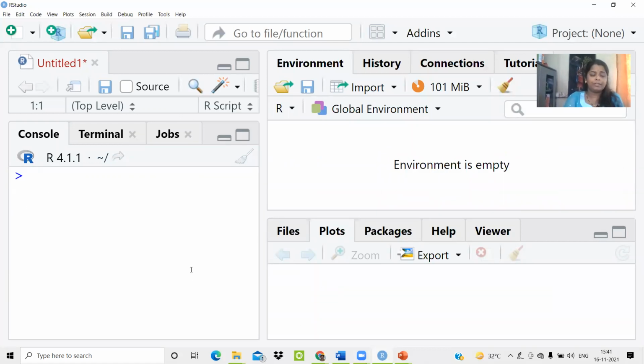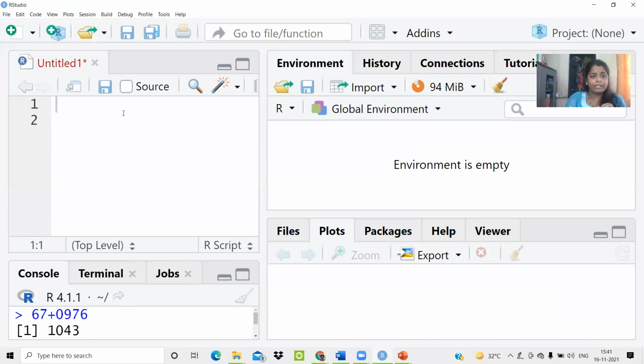So what's the use of the console? If you simply type any expression over here, you'll easily get its output. So the console basically acts as a calculator. And not only as a calculator, you can write any type of query in the console, and the console generates the output for that query. Now you'll say that if I can write the code in the console, then why is there a need for scripts? The reason is you cannot save the things that you are writing inside the console, and so we need to have a script.